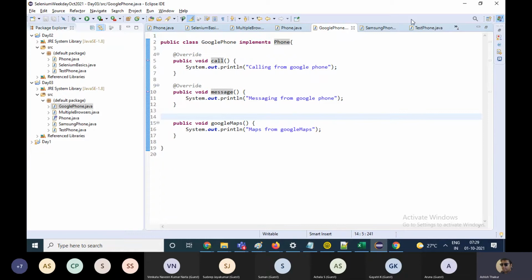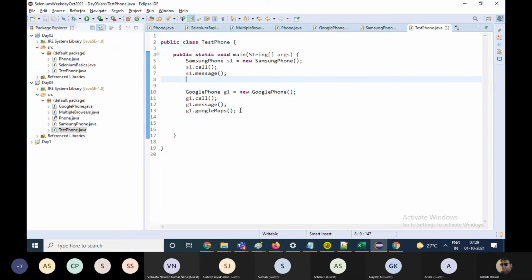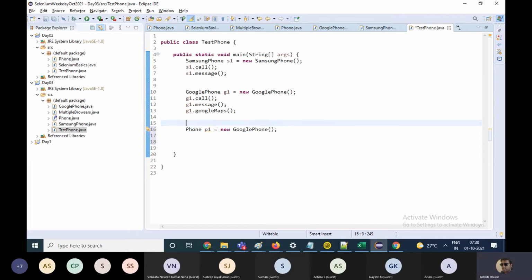Now, if I create the object in a different way, if I write Phone p1 = new Phone, now this line and this line are different.